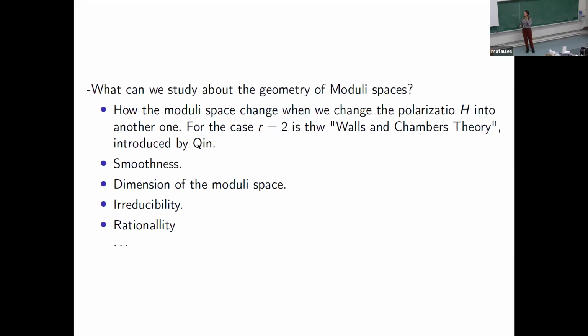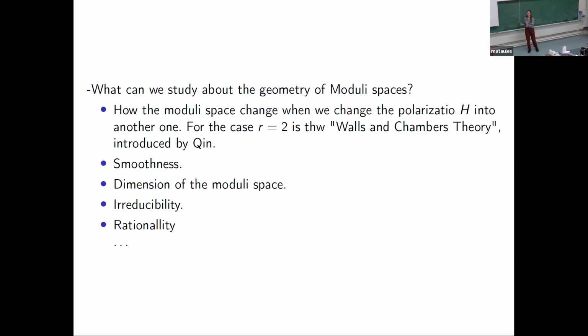Okay, so I told you that this is the subject of my thesis. What is interesting about moduli spaces? The geometry of moduli spaces can give us information about the geometry of X. That's why it's important to study it, and there are several questions about its geometry that we can ask. For example, as I said before, the definition of stability depends on an ample divisor. So we fix an ample divisor and say the vector bundle should be stable with respect to it. But what if we took another one? The moduli space that we get may be the same or different, because the definition depends on the divisor. So it may change or not.